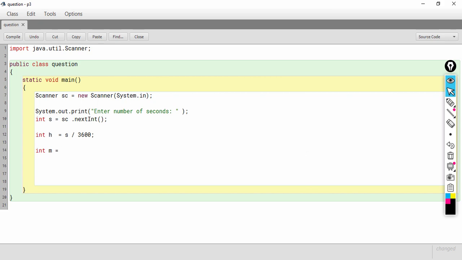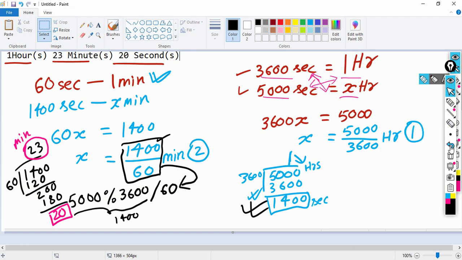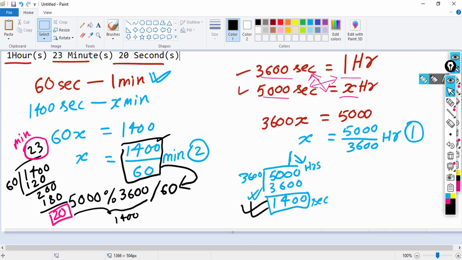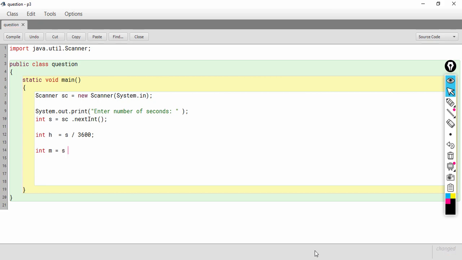So, to get the minutes, we saw that seconds modulus 3600 divided by 60 will give us the number of minutes. So, s.